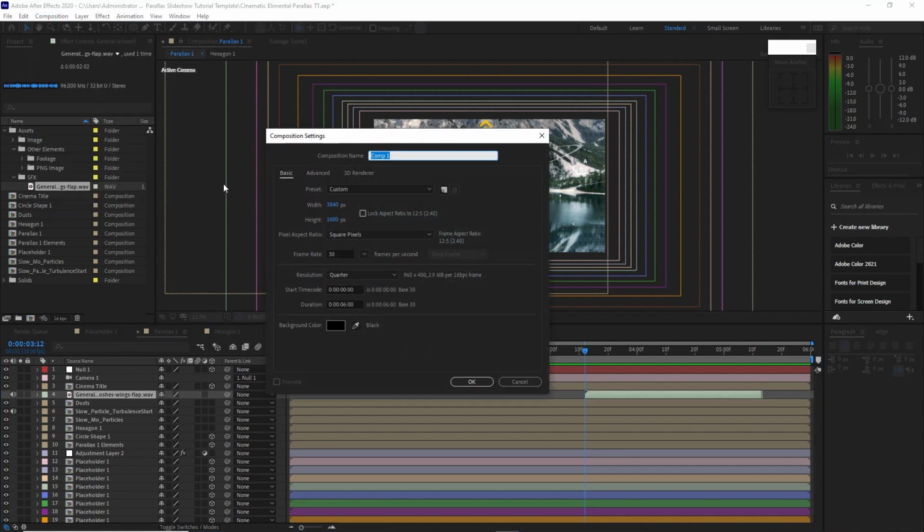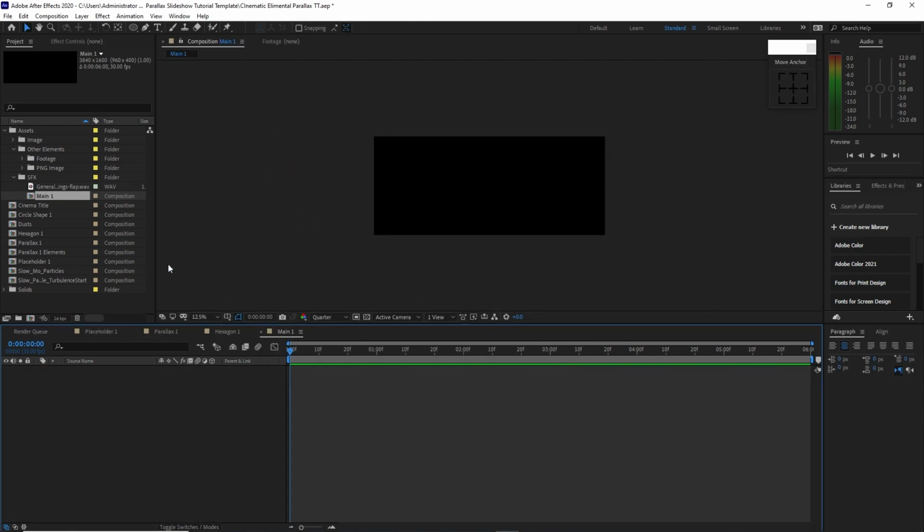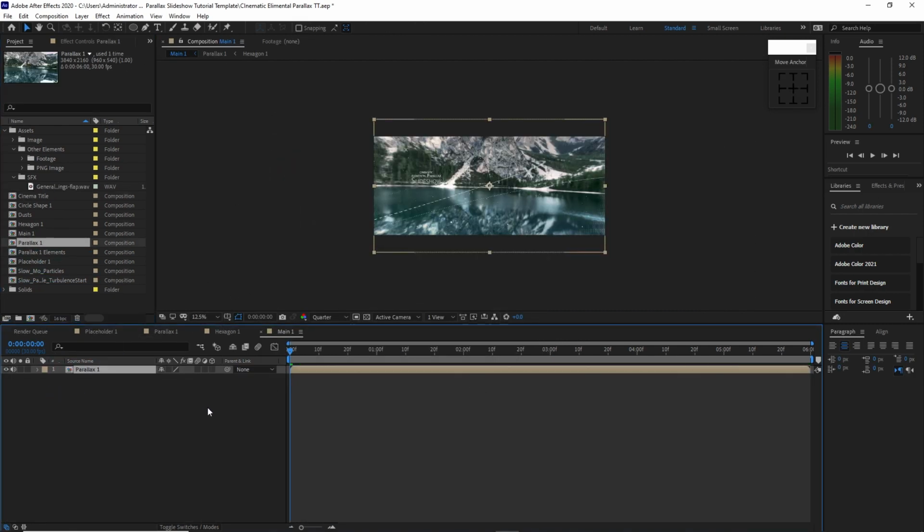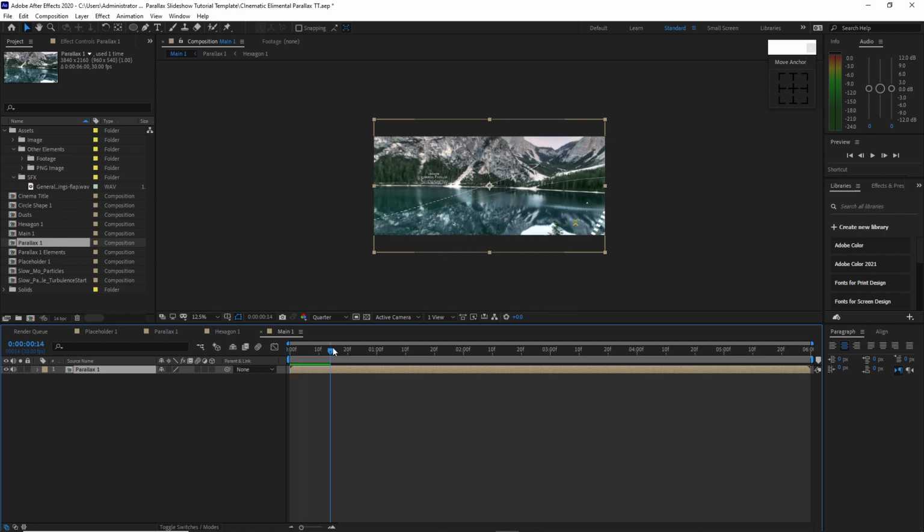Then go to composition, create a new composition. I will name it main 1. 3840 by 1600. Click OK. I will drop down this parallax one into the timeline. As you can see,